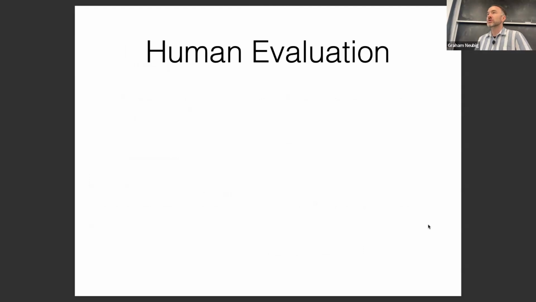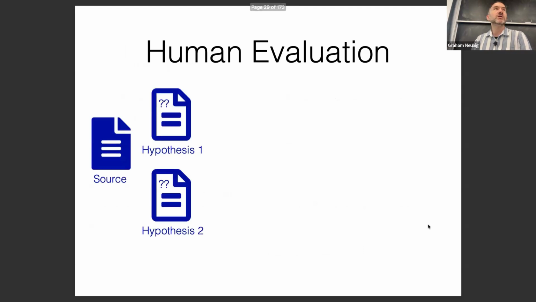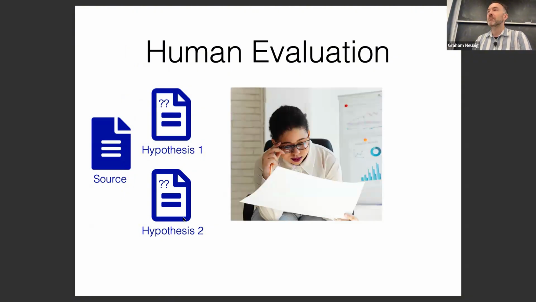The second thing that we can do is human evaluation. In human evaluation, basically, we have a source, we have a couple hypotheses about what the output may be, and we feed them to a human annotator, and that human annotator will give you a score. The score could be correct or incorrect, or it could be a scalar score like 0.8 or 0.5. So there's a number of ways we could do this. The human could also say A is better than B, so it could be a pairwise assessment.